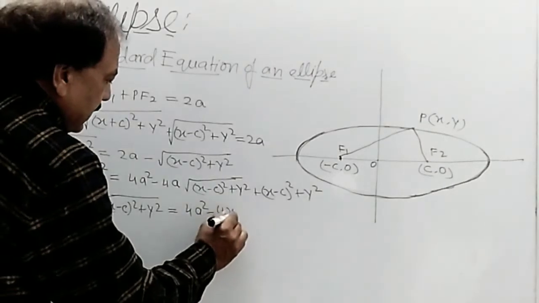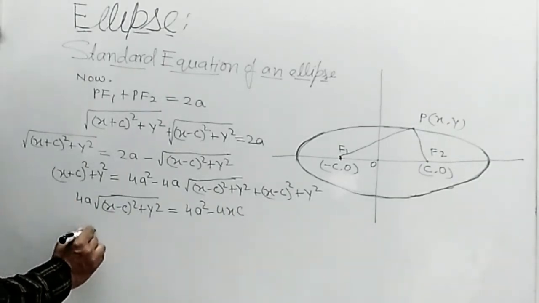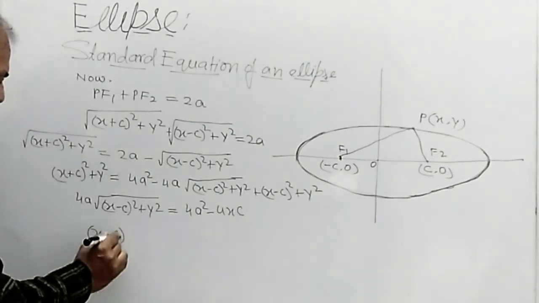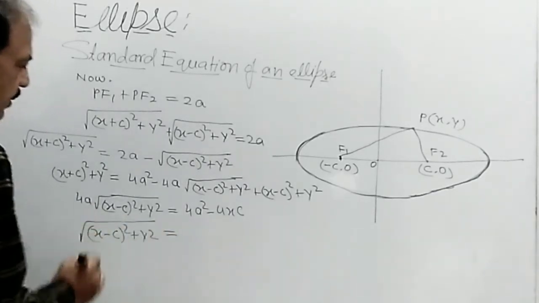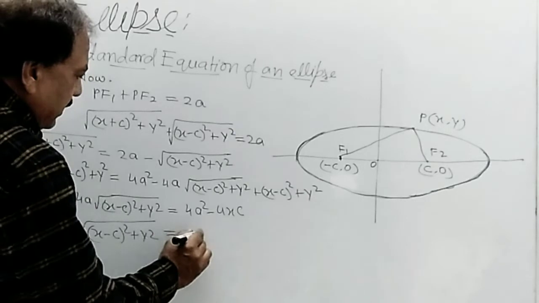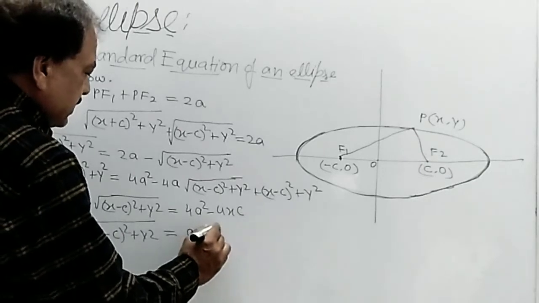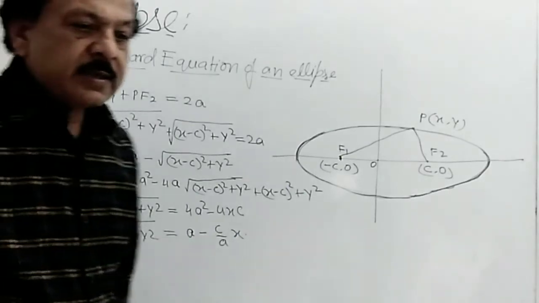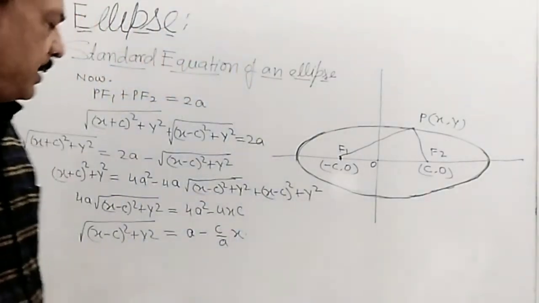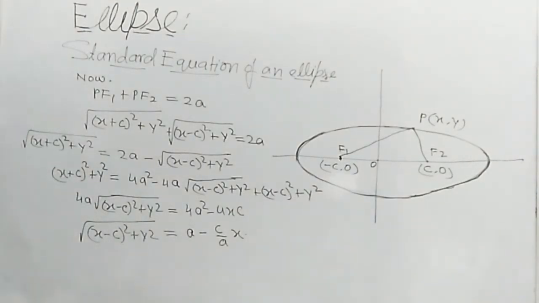स्क्वायर माइनस 4xc, ये हो गया हमारा। अब 4a स्क्वायर से डिवाइड करते हैं, तो हमारा हो गया x माइनस सी होल स्क्वायर प्लस वाई स्क्वायर अंडर रूट इक्वल टू 4a से डिवाइड करते हैं। नाउ यू गेट a माइनस, यहाँ 4 कैंसिल हो गया, यहाँ बचा c बाई ए x, ये हो गया a माइनस सी बाई ए x। अगेन स्क्वायरिंग दिस, इसको हम फिर स्क्वायर करते हैं।